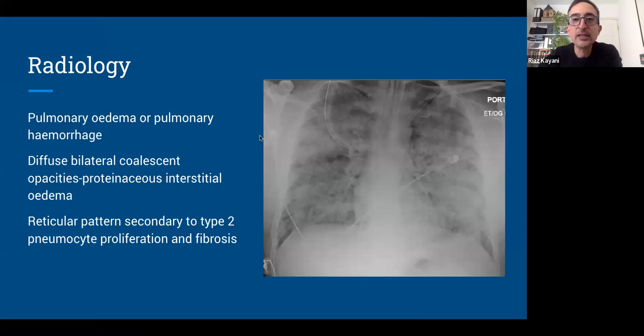So obviously, when you have a child in the intensive care unit, the most obvious and florid thing will be not only the degree of hypoxia, but also the X-ray change. Classically, you see 4-quadrant infiltrates, edema due to vascular permeability, and then they develop into this ground glass, widespread, small airway pattern. It's very characteristic of ARDS.